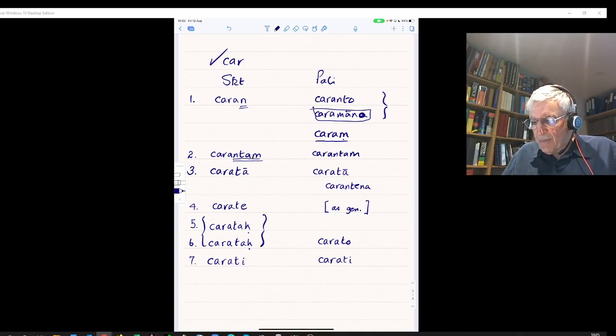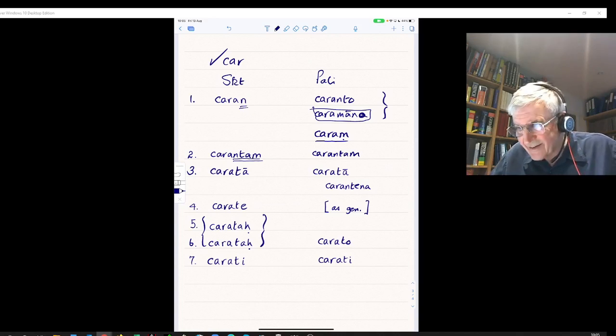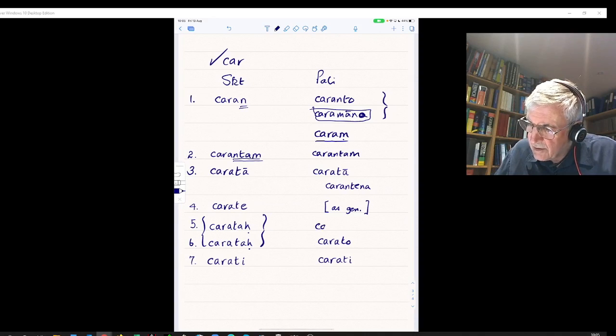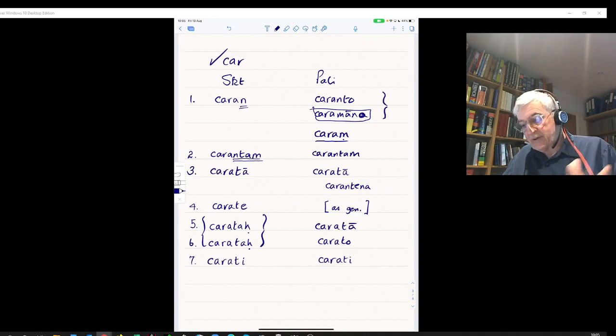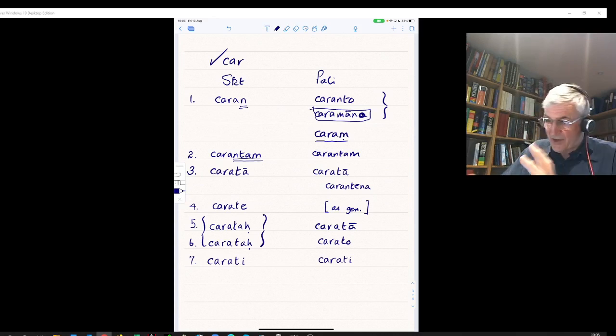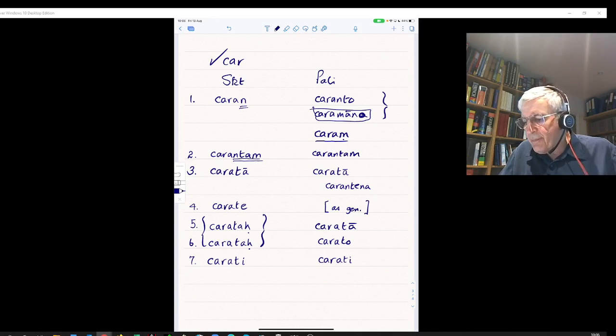We might have expected then the Pali for the ablative to be charato, but it's not. In fact, it's charatā. It just is. You just have to live with it, I'm afraid. I'd have preferred to see charato to reflect the Sanskrit, but it's charatā, possibly by a double attraction,